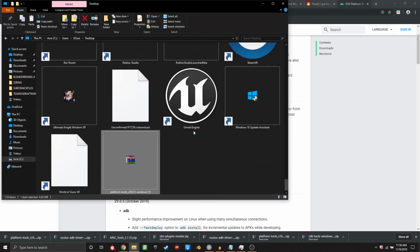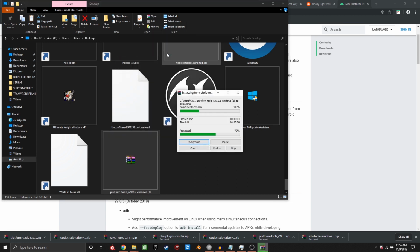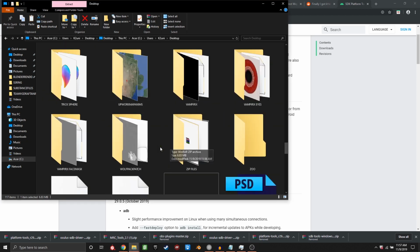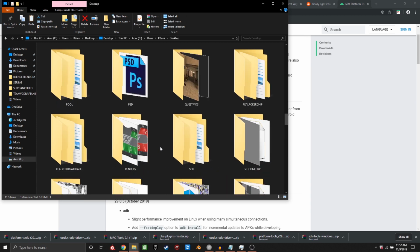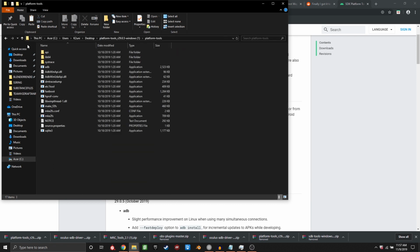Alright, so with that done, you want to go ahead, show in folder, like I've been doing with everything. Of course, I've already downloaded it, but like I said, I'm walking you through everything. If you want to skip over this part, feel free to. Now you want to go to the folder you just unzipped, Platform Tools. I think this is the empty one that I used yesterday. No, this...